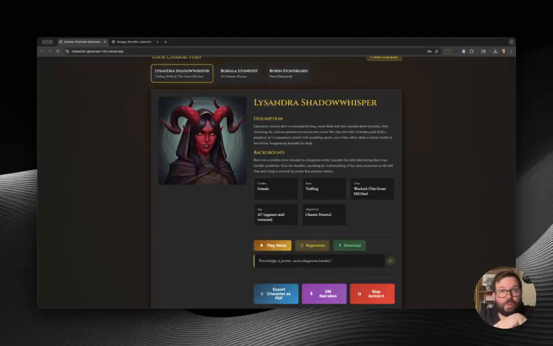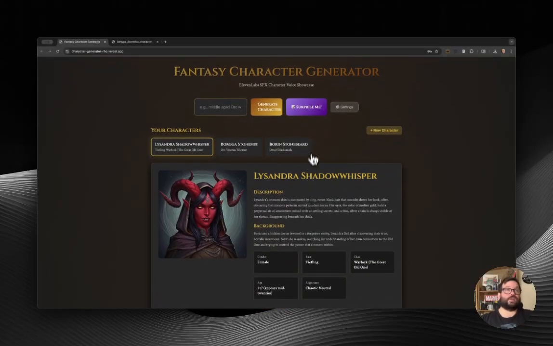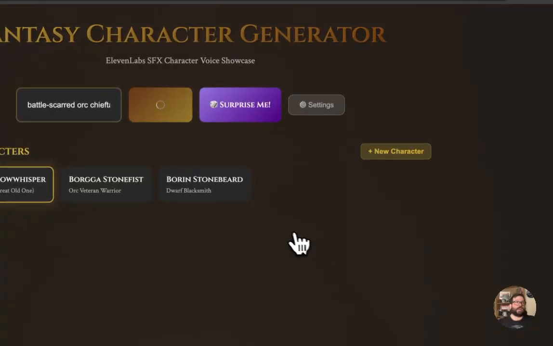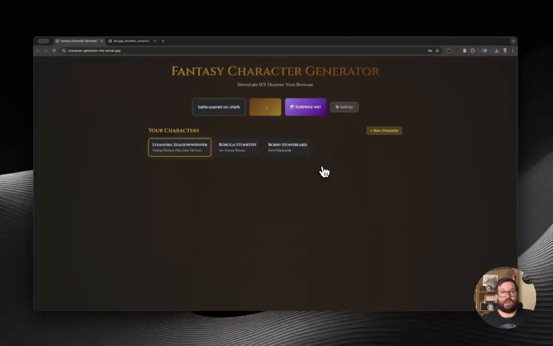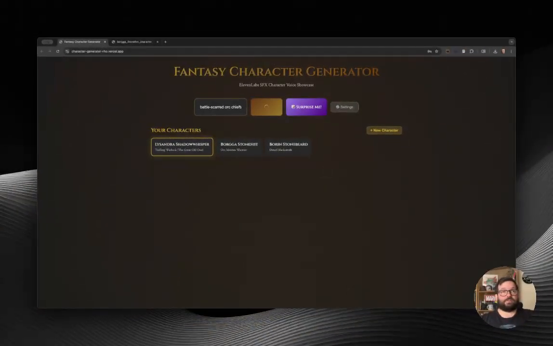Because the prompt is all being created by Gemini. Once you enter your character, everything is handled by Gemini after that point. The prompt for ElevenLabs, the character profile, and even the prompt that it's sending off to Imagen 3. But anyway, that's the concept. You can build a character, give it a voice, and export it. All done using Gemini plus the ElevenLabs brilliant, easy to use API.